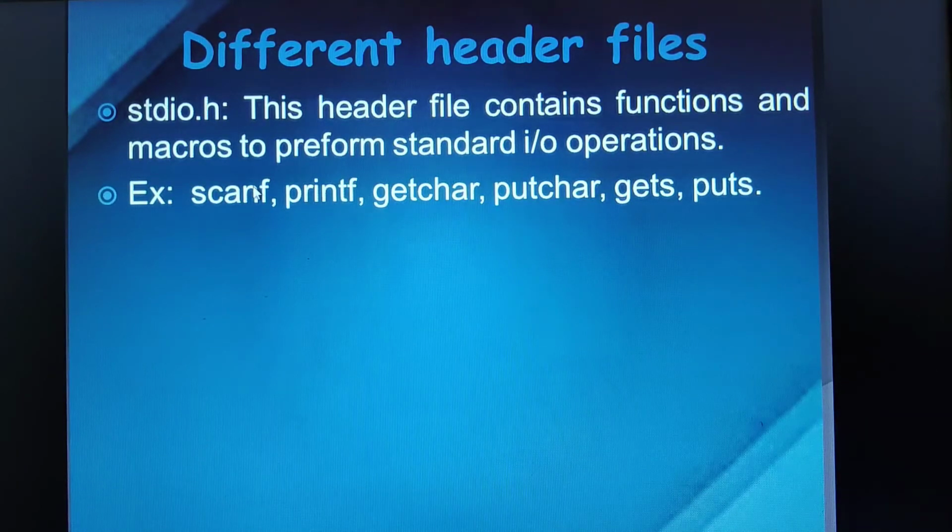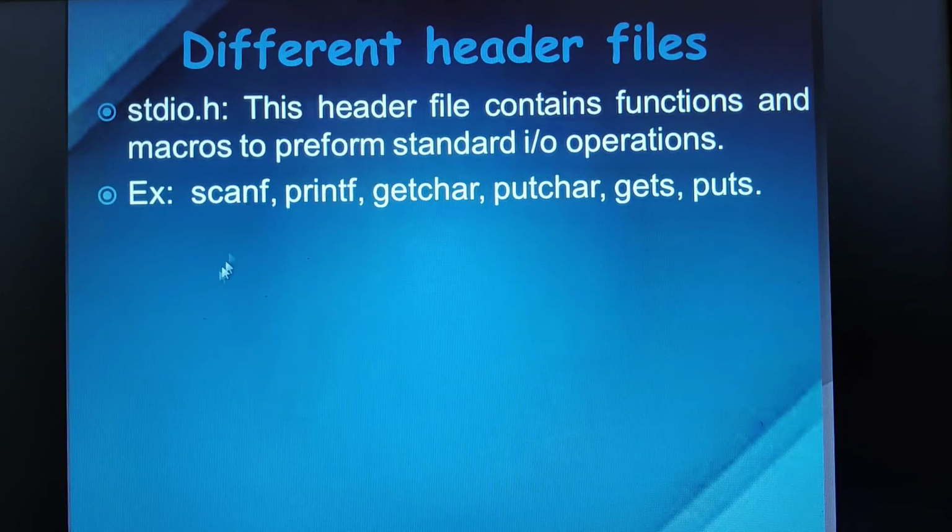Scanf is one of the reading statements. This scanf is used in C programming, like how we have the cin statement in C++ programming to read the input. The same way, scanf is a function that is used to read the input through input devices, like the standard keyboard.